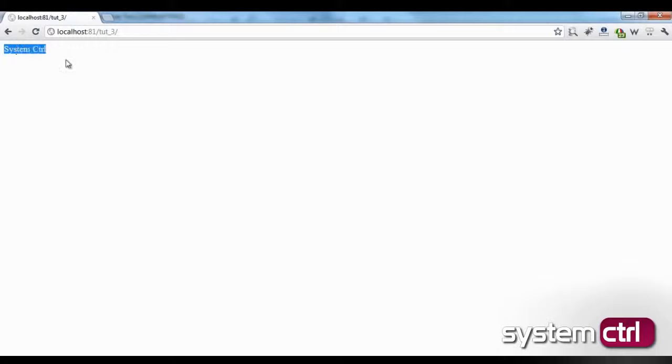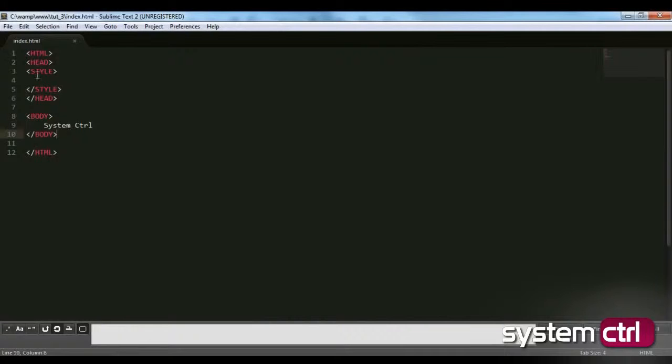It says system control here, so it does render out on the page without putting any div styles or style sheet on this. We want it to look nice. We'll go ahead and style it up. So let's go ahead and delete this. That was just for example. Let's